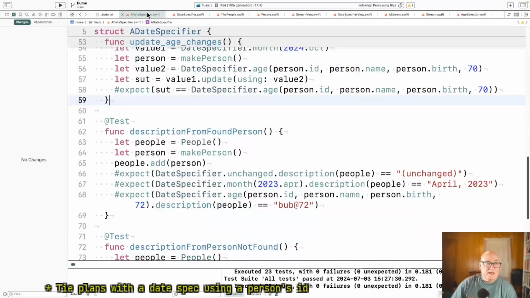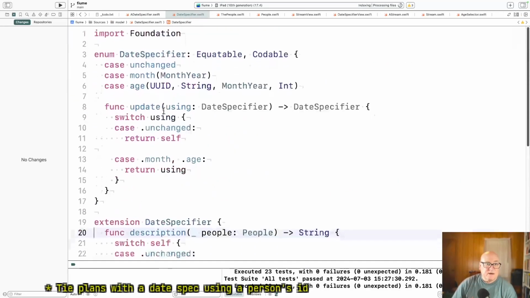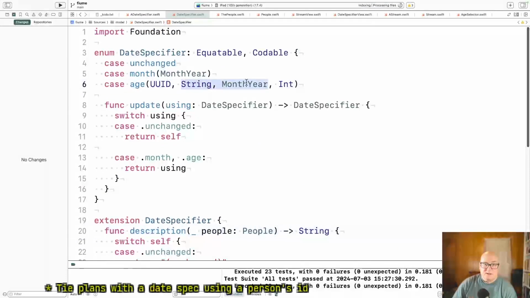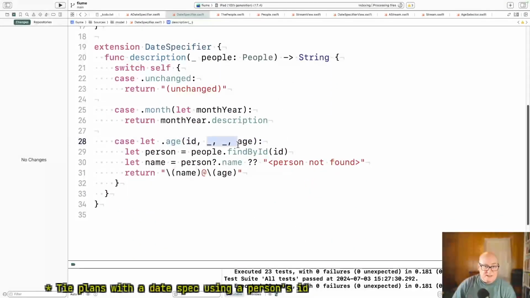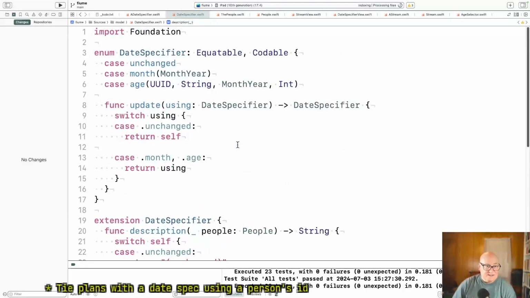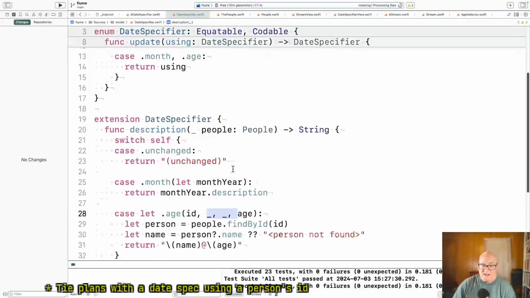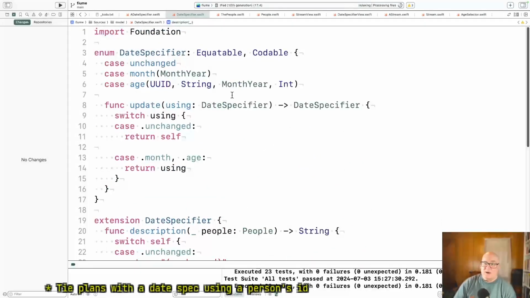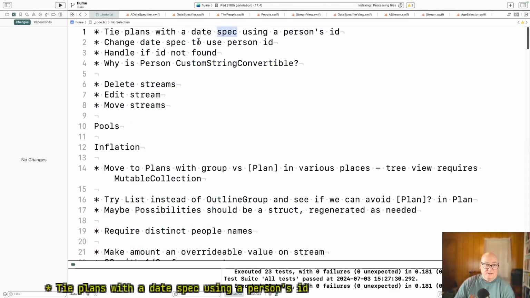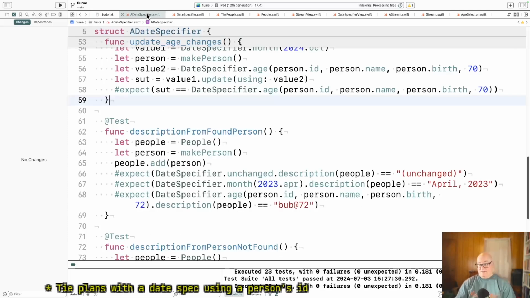So the remaining piece is DateSpecifier has these two extra arguments that aren't looked at now. So the only place that would look at them is here, and it doesn't. And this doesn't even use the contents. So we need to remove those and deal with the callers and all that. But I think we'll take our break first, 3 or 4 minutes, come back, knock that out, and then move on to deleting, I think. We'll have to see what we've done there. But yeah, anyway, 3 or 4 minutes.